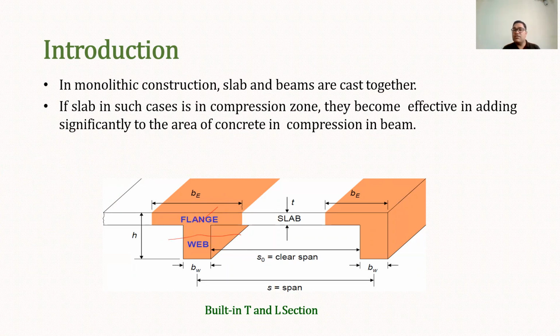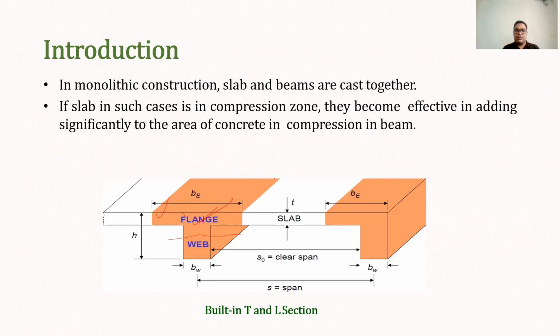Now if there is a negative bending moment, in case of negative bending moment, compression is below the neutral axis and tension is above the neutral axis. So when tension is above the neutral axis, in that case the slab will not be effective for resisting the tensile strength, because as per assumption, we consider that concrete is cracked, it cannot take tension, so all the tension will be borne by reinforcement steel only.